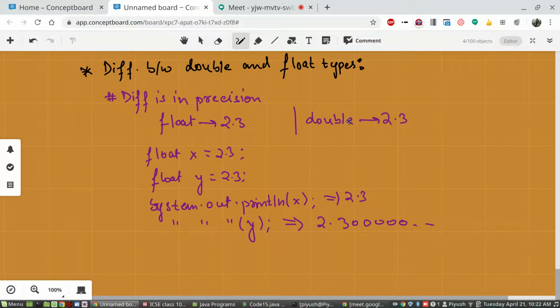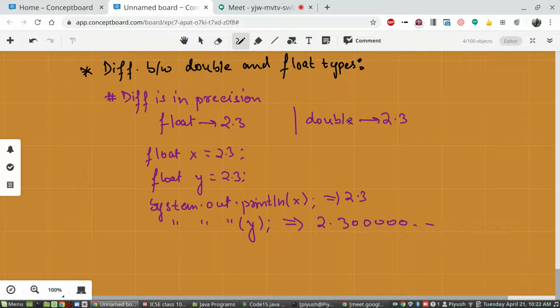Let's say you need a correct answer up to 5 decimal places, or 7, or 10 decimal places, then you will use double for storing decimal points. And if you are not bothered, and even a rounded-off value like 2.3 or 2.5 will do, and you don't need 2.37986 like that, you can say the degree of precision does not matter for your case. Only a rough representation of decimal values or answers will be fine for you.